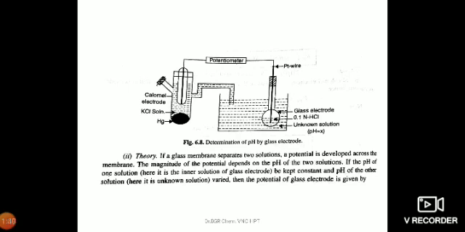Theory is also very simple here. If a glass membrane separates two solutions, a potential is developed across the membrane. The magnitude of the potential depends on the pH of the two solutions. If the pH of one solution, here the inner solution of the glass electrode, is kept constant, and the pH of the other solution, here the unknown solution, is varied, then the potential of the glass electrode is given by that equation: Eg = E0G - 2.03 RT/F × log of the activity of H+ ions,